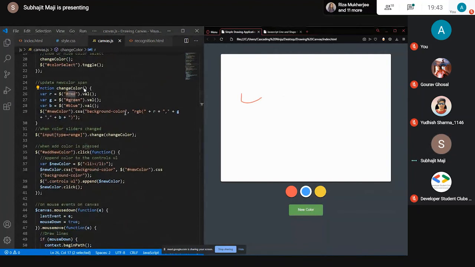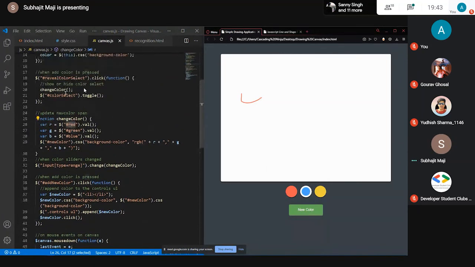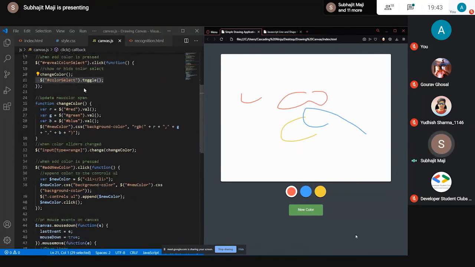Okay, when I click the... sorry, my bad, this is the one. Whichever color I select, it will toggle the color of the stroke to that color. If I select yellow, it will become yellow. If I select blue, it will become blue. Select red, it will become red. Okay. Then when I click new color,